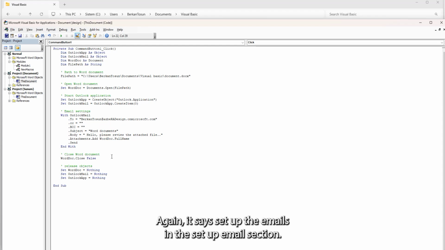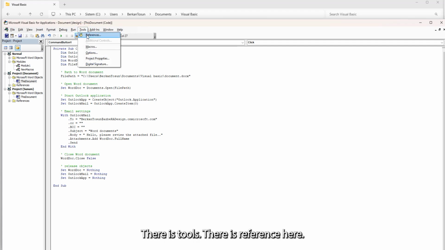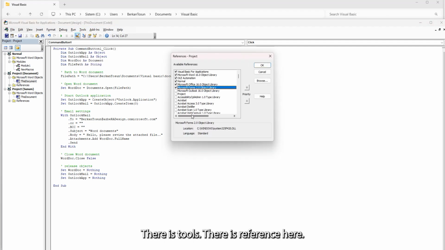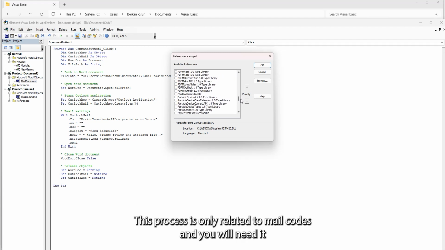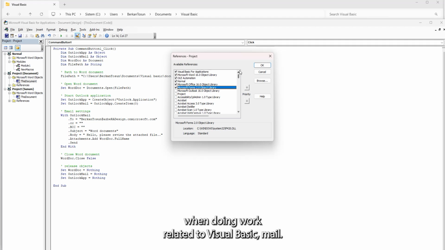Again, it says set up the emails. In the Setup Emails section, there is Tools, there is Reference. Here, friends, you need to add the Microsoft Office 16.0 object library from here. There are options as you can see here, you need to find and add them from here. This process is only related to mail codes and you will need it when doing work related to Visual Basic